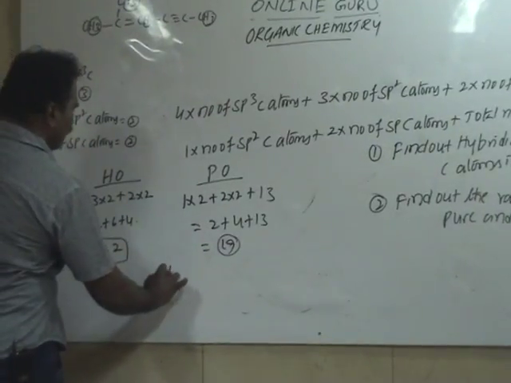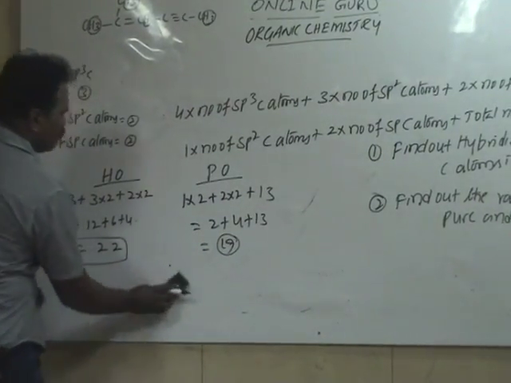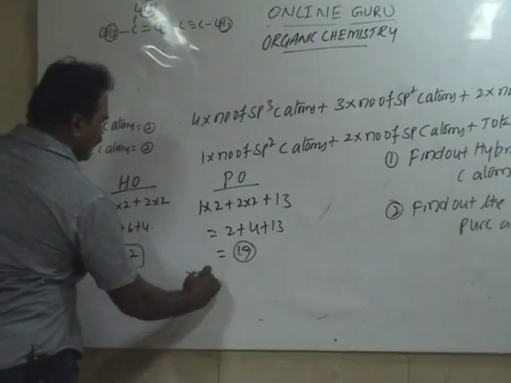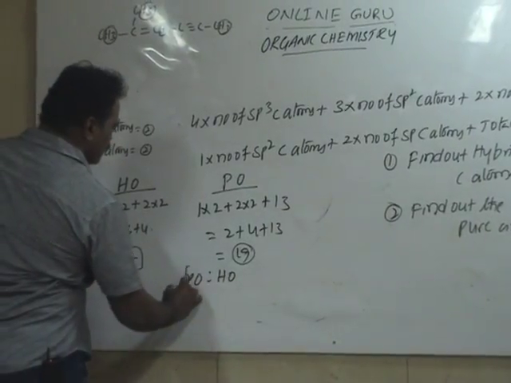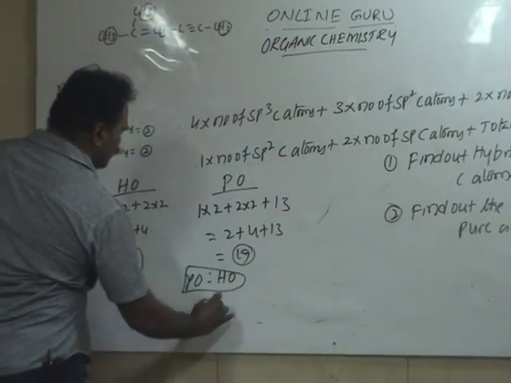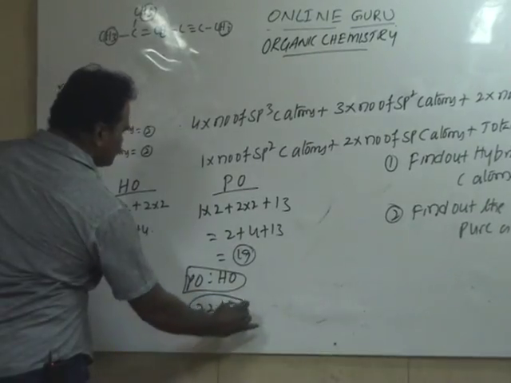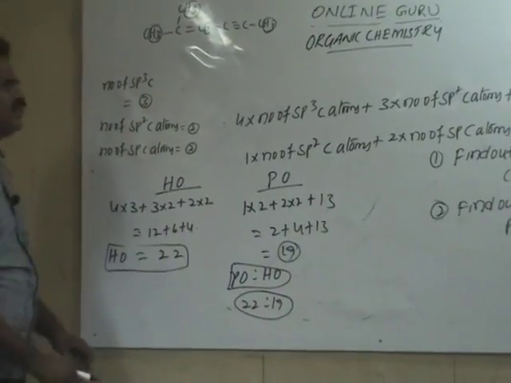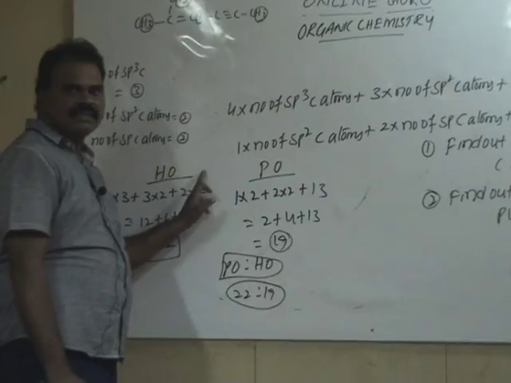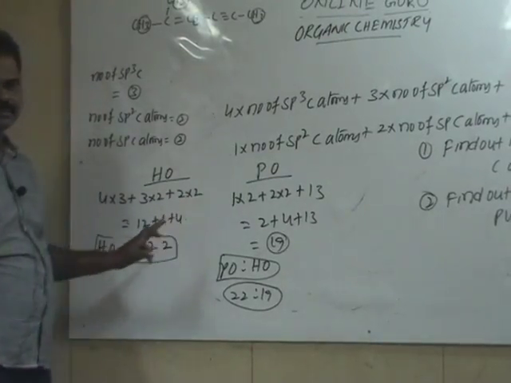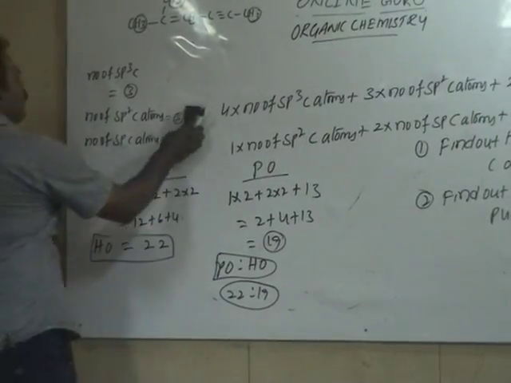The ratio of pure orbitals and hybrid orbitals is equal to 22:19. This is the calculation of the ratio of pure orbitals and hybrid orbitals. So next,